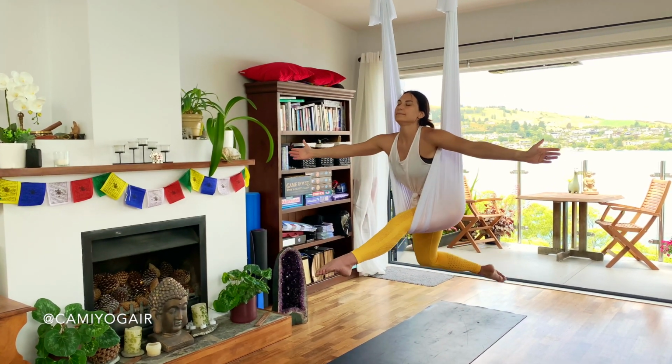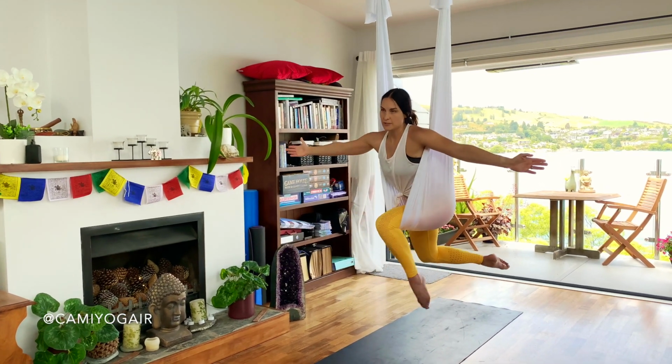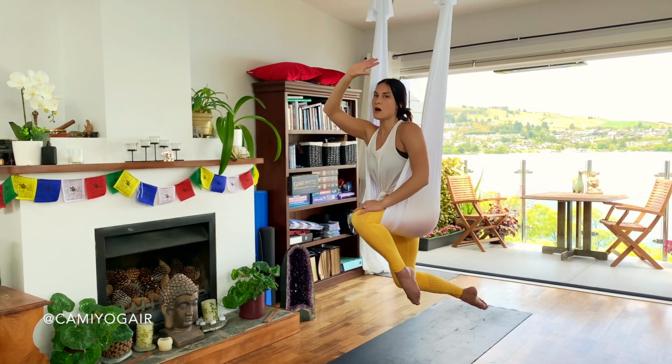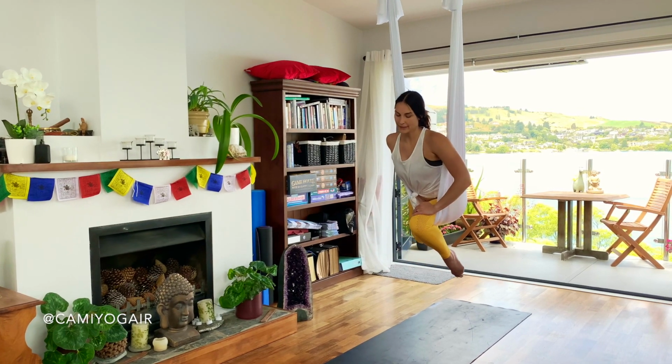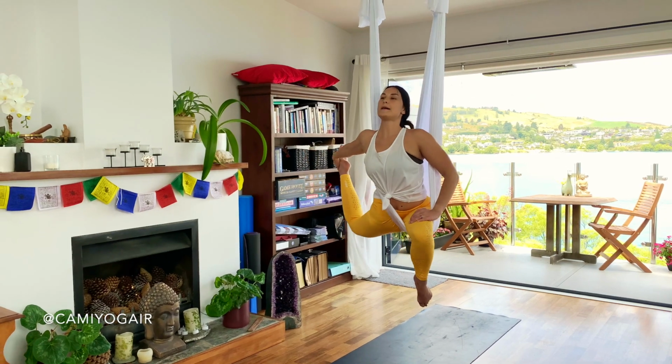Now last one. And then you can just bend your front knee. So now we go to pigeon pose. So right arm grabs the right ankle or foot, and with the leg you pull away from your back to